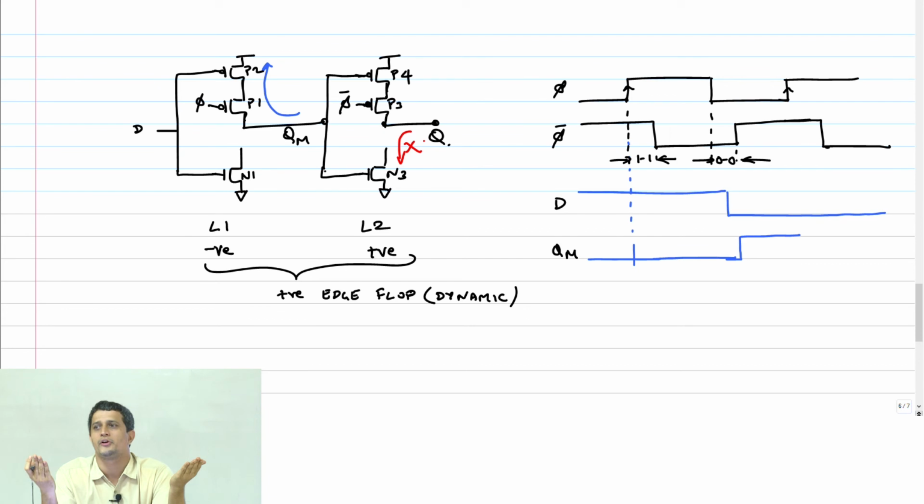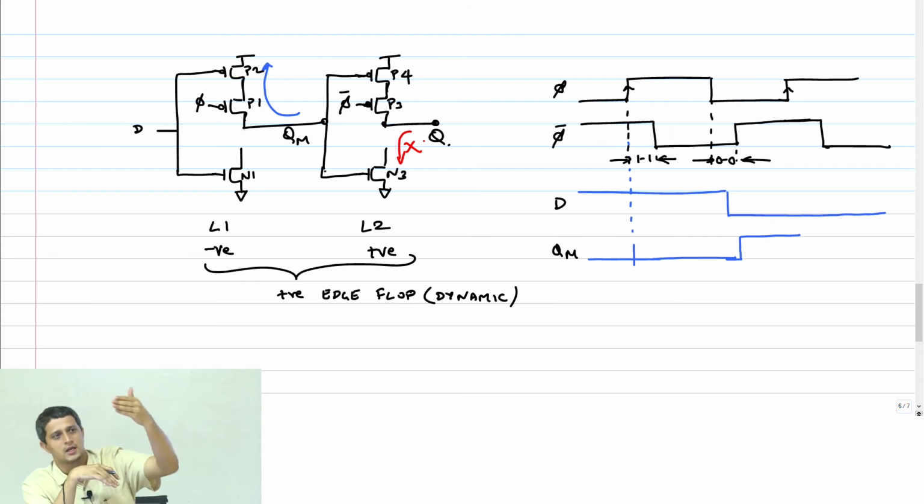What is it that did the trick compared to the previous case? So we analyzed an earlier case where, on the non-sampling edge, the overlap was a problem, and we said you have to make sure that the delay through these gates takes care of the overlap.